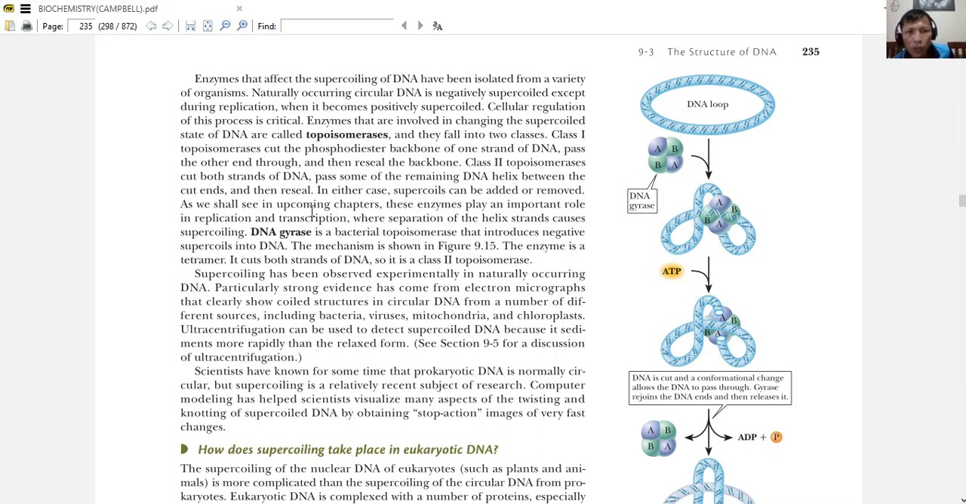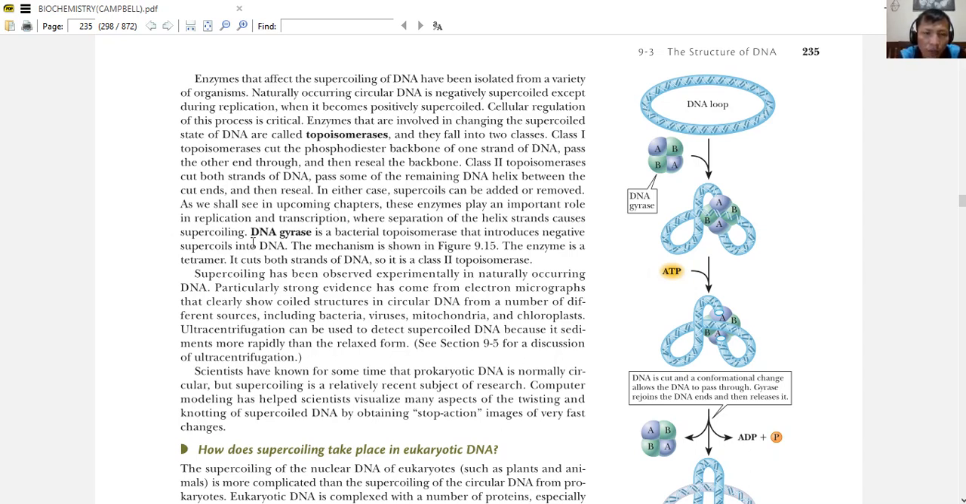Then you have class 2 topoisomerases. They cut both strands of DNA, pass one of the remaining DNA helix between the cut ends, and then reseal. So type 2 is cutting both strands, while the first category cuts only one particular strand. For the first one, you cut it and then reseal it back. But anyway, that's the definition of your